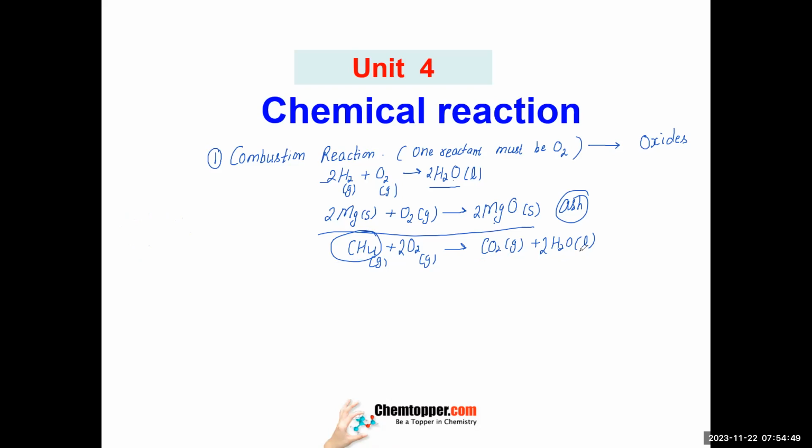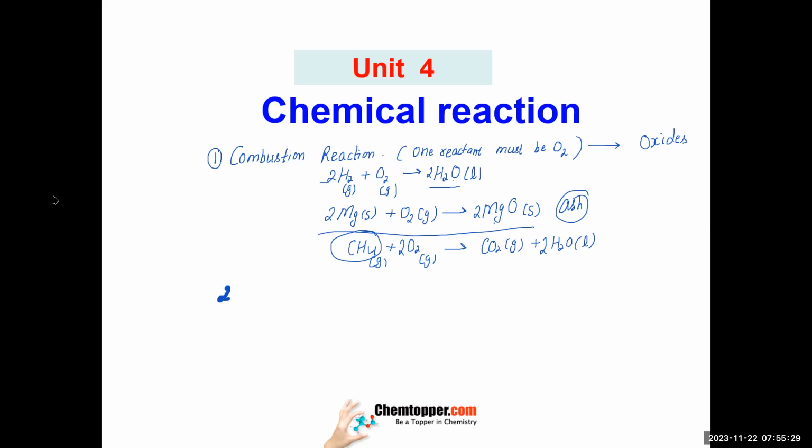Combustion reaction is the reaction of burning in the presence of O2 gas. That is air, right? Air has O2. So one of the components of the combustion reaction is always O2. It doesn't matter what all other things are there. If you see O2 as one of the reactants, straight away classify it as combustion. We are clear about it? Okay, good. Now I'm taking you to the next type,